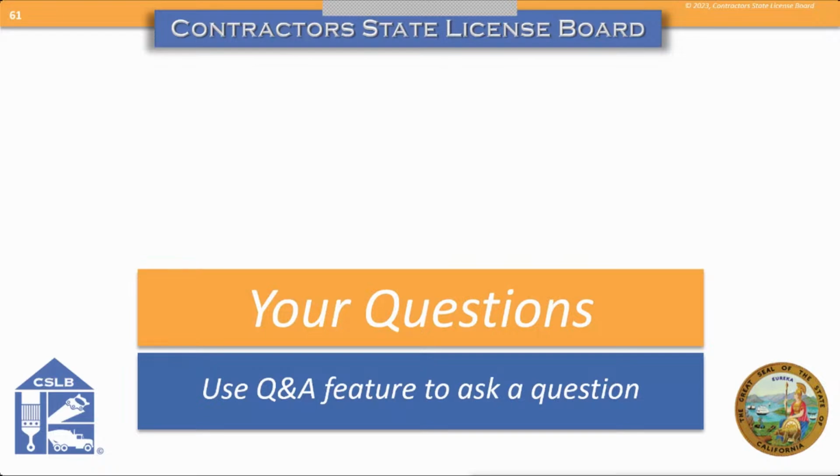Sorry, Class B. Okay, so you don't have to self-perform. You can hire subcontractors if you're a licensed B and you don't want to self-perform the work of the electrical, the solar, the HVAC. That is a possibility for you. And just remember, as we stated in the presentation, you are still responsible for the performance of that work on the project. So even though you hire or subcontract out somebody with that classification, you're still responsible for the work being performed.